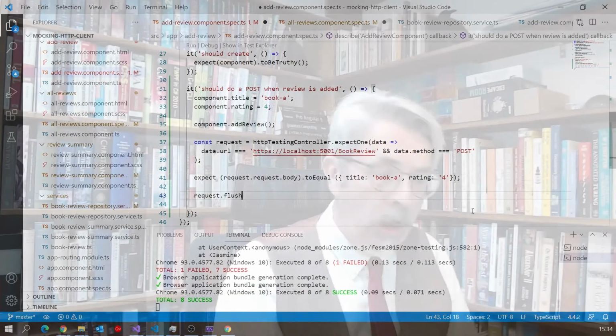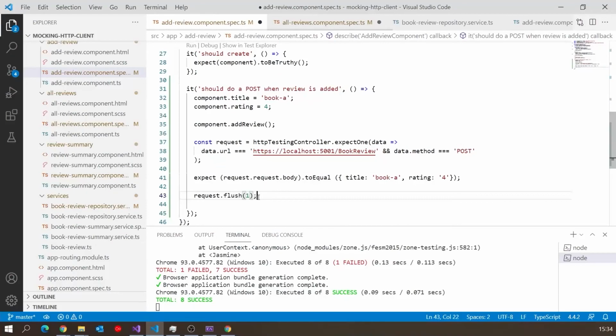And then once again, we're going to have to do this request.flush. Remember, that gives us the data that we're returning. Well, on a post request, remember what gets returned is the ID of the newly created object. And we don't really care about that. We know it's a number, so I'll just put 1 in there. We're not going to worry too much. But having done all that, that should now work correctly. So if I save that,